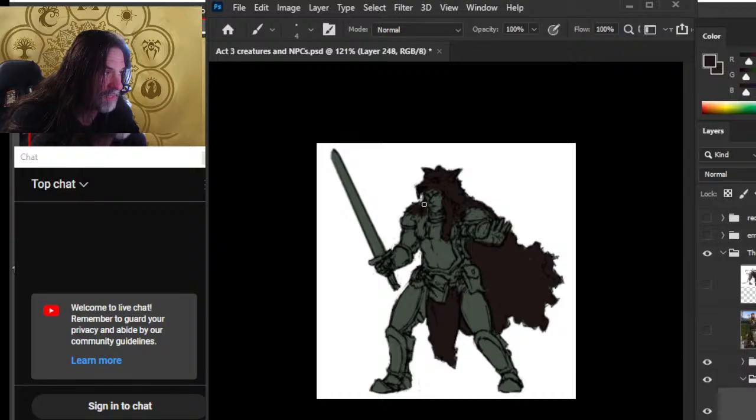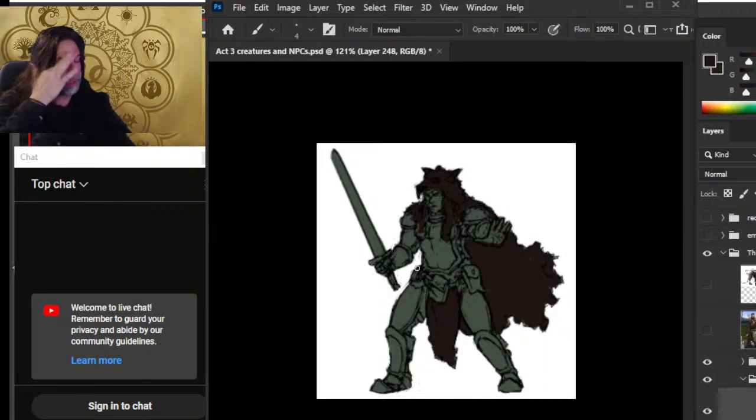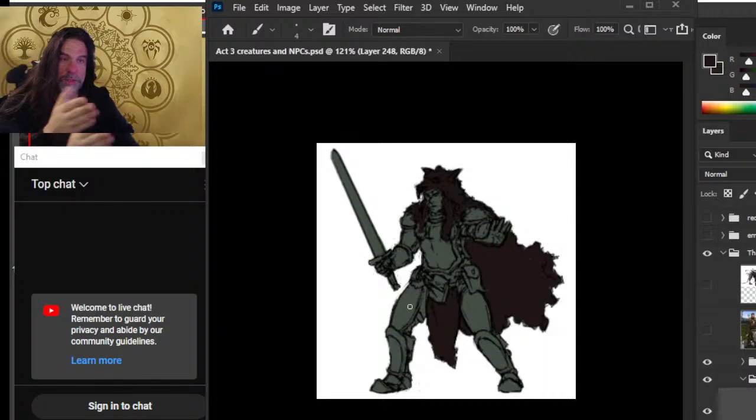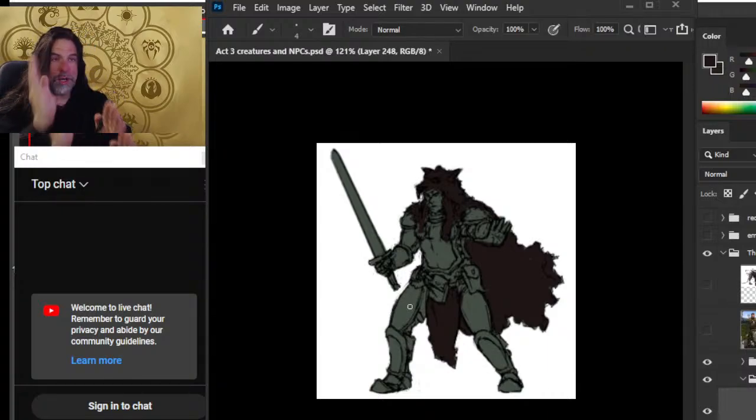That means I put in the armor color first, and from there I work in contrast. I want to step from light, medium, dark, or light, dark, medium. On a scale of 1 to 3, I want to have 1, 2, 3, or 1, 3, 2, or 2, 1, 3.